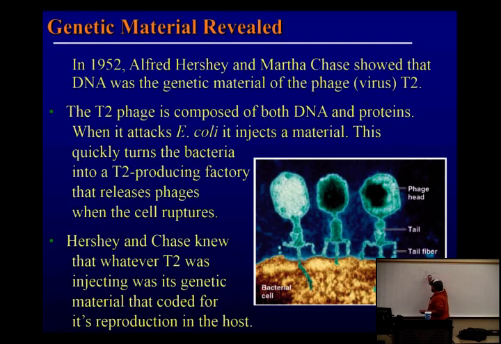So scientists really didn't know what these viruses were injecting into the E. coli, but they knew they were injecting something in there. And whatever that was had to be the genetic material, because it made more viruses, made lots of viruses until the bacteria exploded and the viruses went all over the place. So whatever that is that's going into this E. coli cell is the genetic material. So they labeled these by growing the bacteria and the viruses together in a flask with a radioactive element in it.